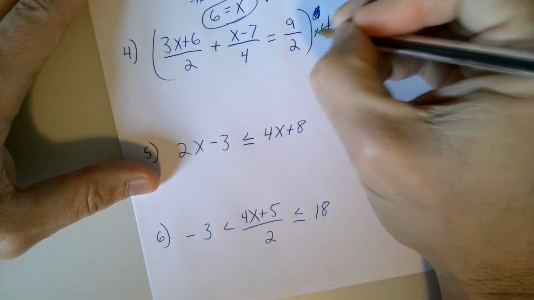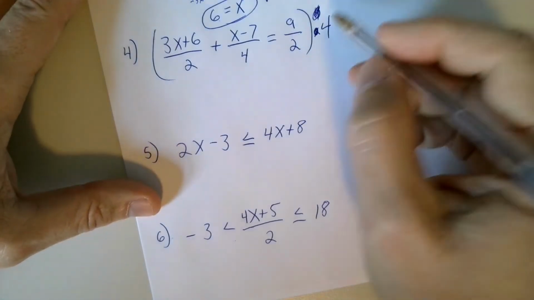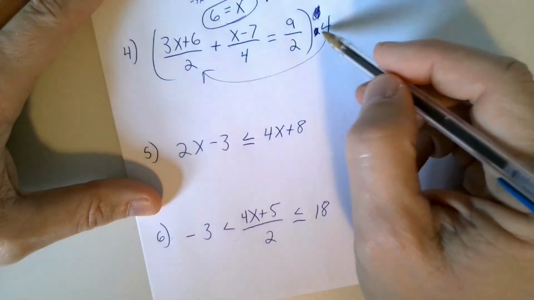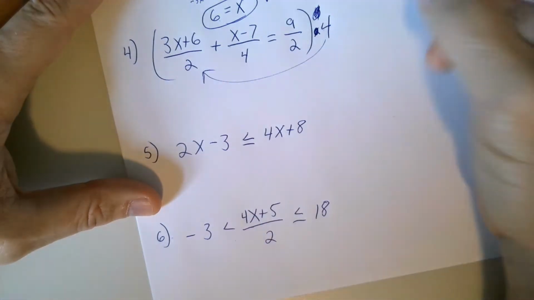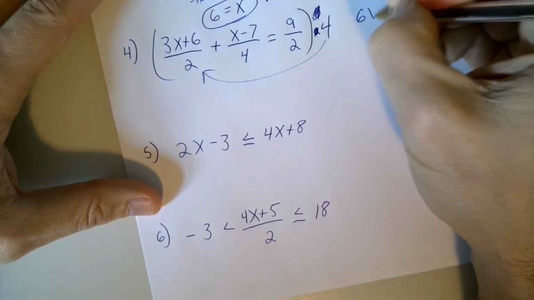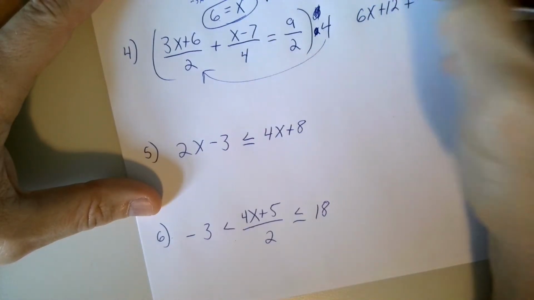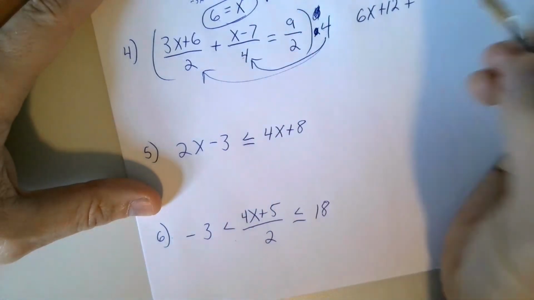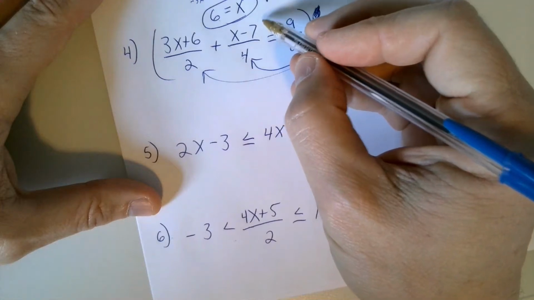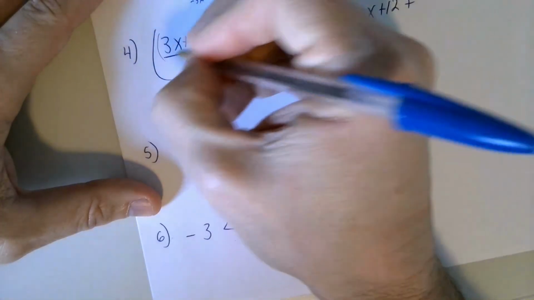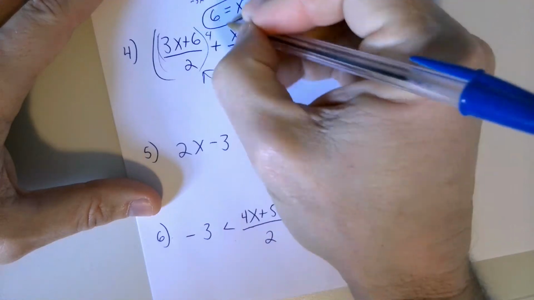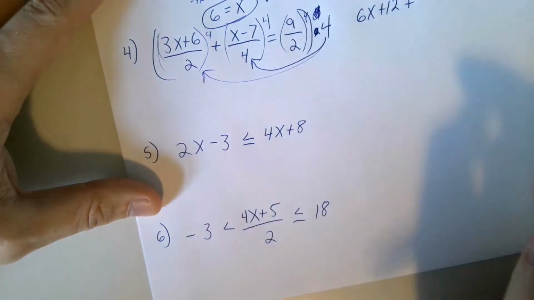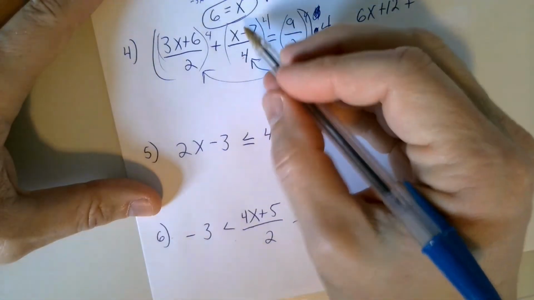So I'm going to times it by 4, times it by 4. And I go 4 to this first fraction. And this 2 is going to kill half that 4 because it's dividing it. So I'll have 2 left, which will give me 6x plus 12, plus, and then this 4 to this one. The 4 downstairs is going to kill the 4 that I just multiplied in to the top, right? Technically, all these things are being multiplied by 4s when I do this. Again, not 4th powers, multiplying by 4s. Well, this 4 kills this 4, and I have x minus 7